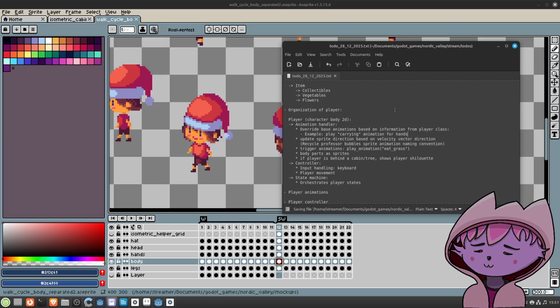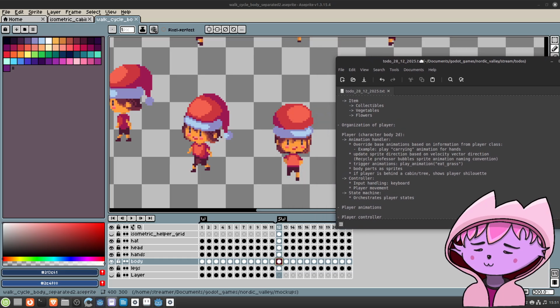I'm not yet sure how this information should be injected into that animation handler. But this is for sure what I would like to do.